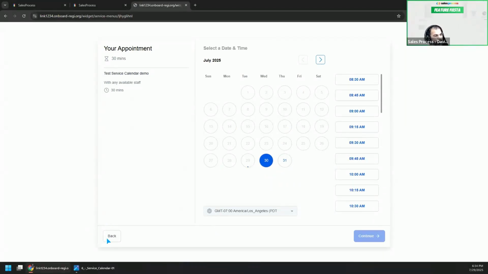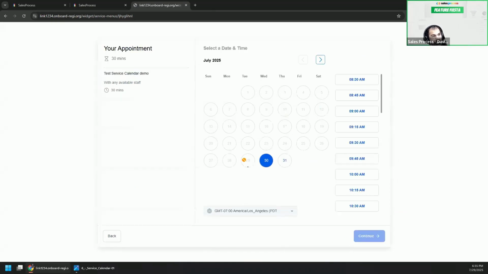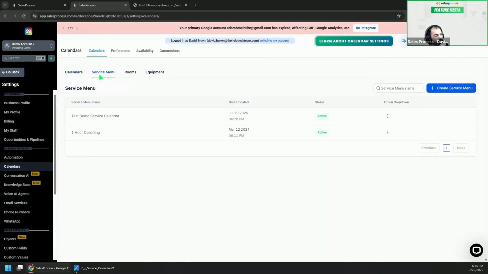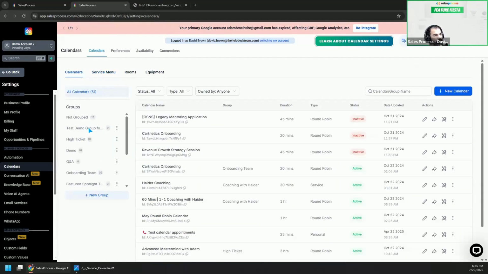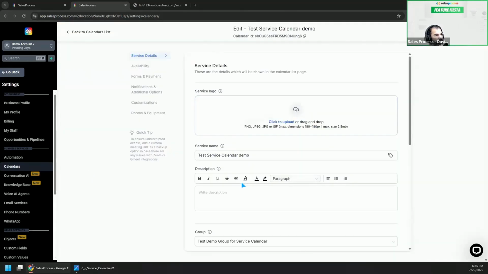Now, what if we have created more services? With the spa service, maybe I want a massage service as well or something. If we have created, it will create those slots automatically. And within here, it will show you all the availability according to those. Now, here comes the interesting question. Let me go out of in here. And in here, these are the services that we have grouped in the test demo group. Only one service is added. If I add more service in here,